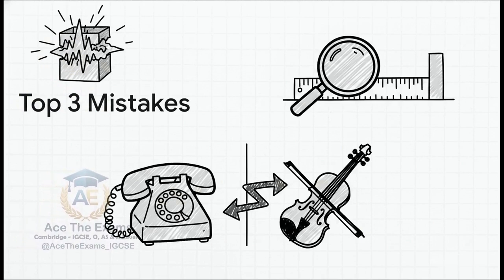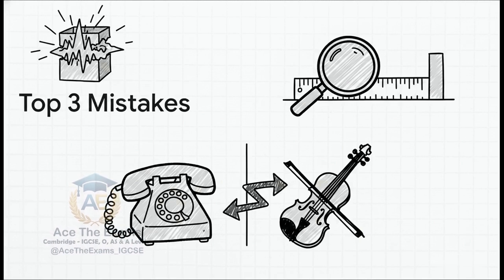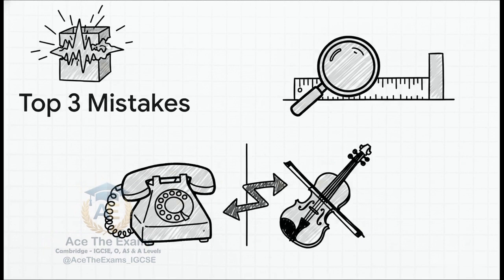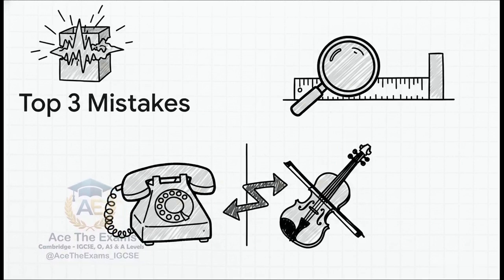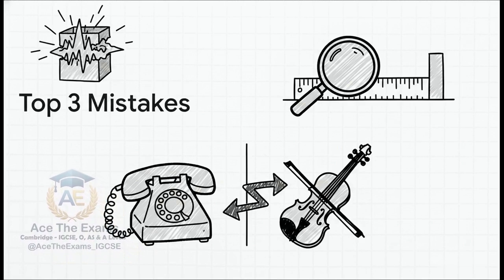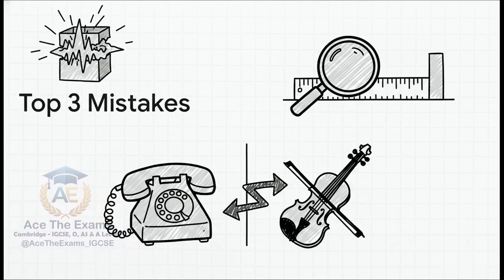And number 3, which is frankly the most devastating, writing answers that are not specific to the question's context. If the exam question is asking about sampling voice for a basic low-bandwidth telephone system, and your answer goes on a tangent discussing the high-fidelity requirements of a cinematic orchestra recording, you get 0 marks. Context is king. You have to follow the 3 rules that guarantee top marks: command word decoding, PEEL framework application,